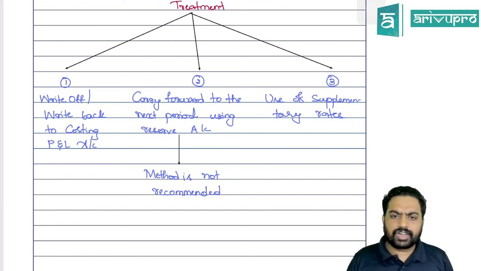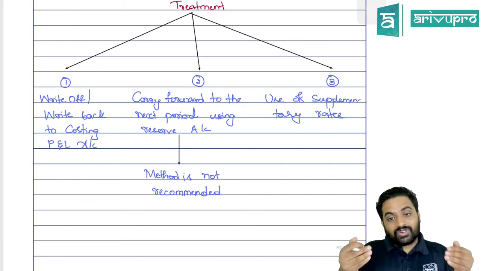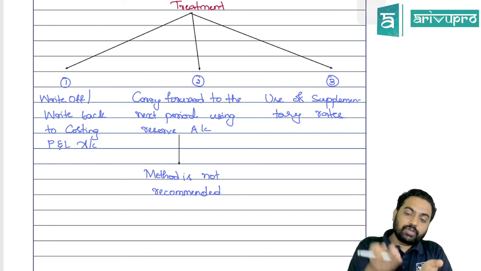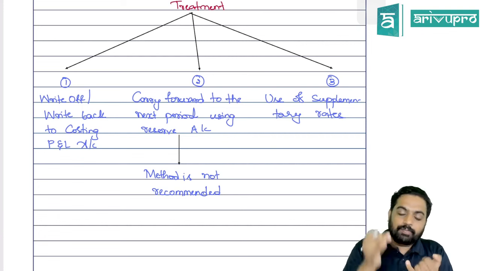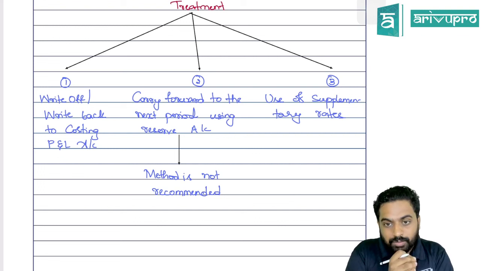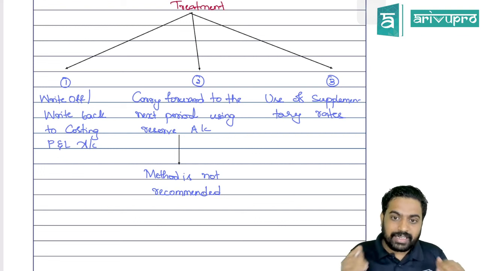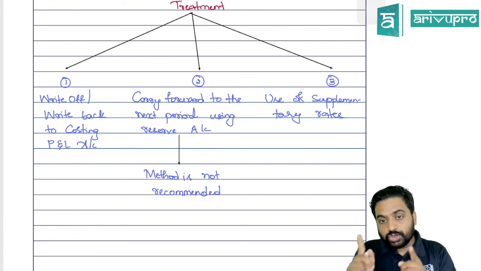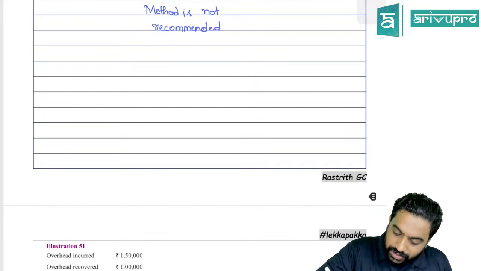Third method is a very important method, the supplementary rate method. Here we are going to find out how much is the under absorption or over absorption, per hour or per unit. Keep this in mind: when you are using the unit based method, that time the unit should be equivalent unit. Sometimes they will tell sold units